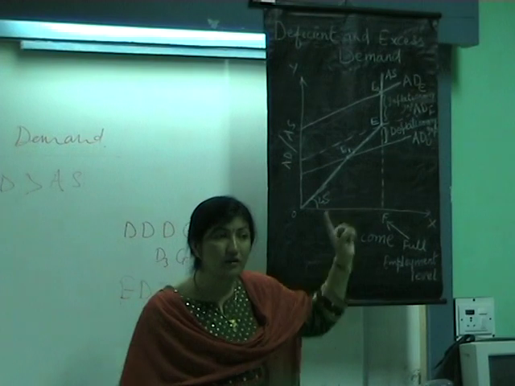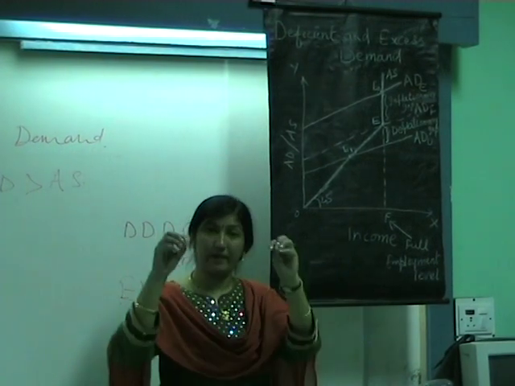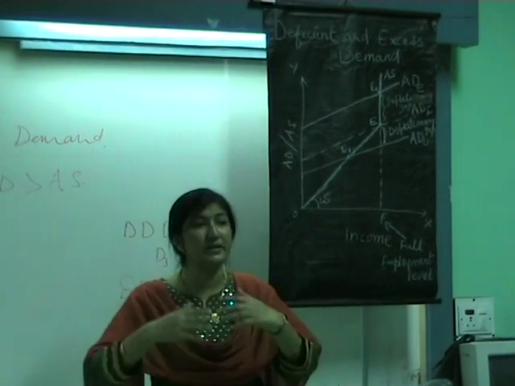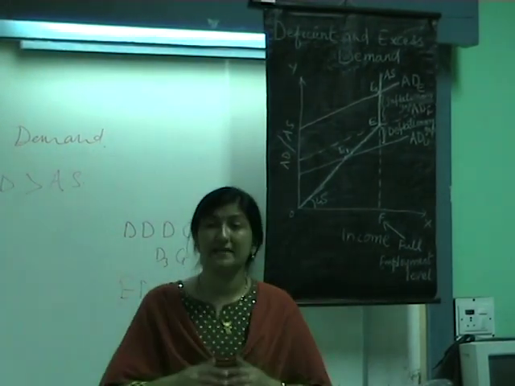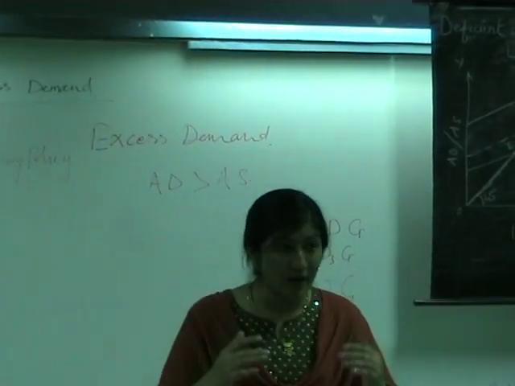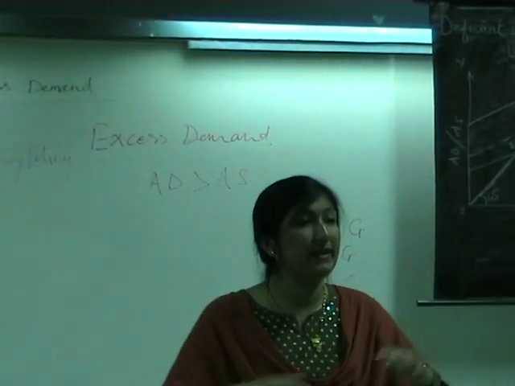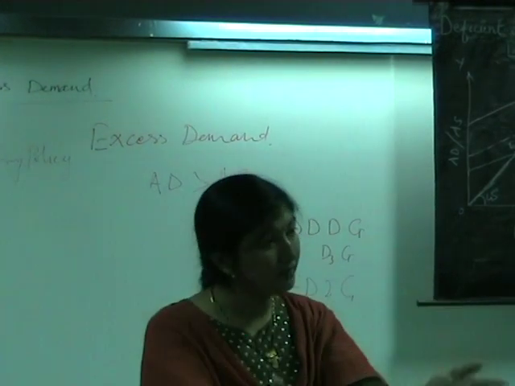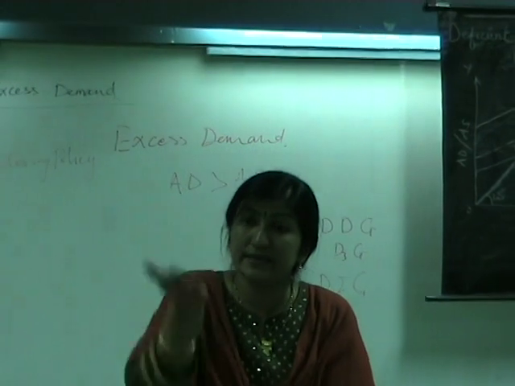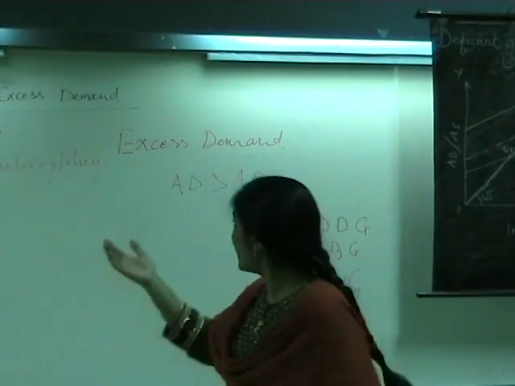So what will the government do? The government will spend more. It will plan the project, and new projects will be launched. Expenditure will be increased. As a result, more people will get jobs, more people will get work. Once they get work, the income will come to them, and they will be in a situation to spend more. And how can we improve the situation? By increasing demand. What is happening in this situation?